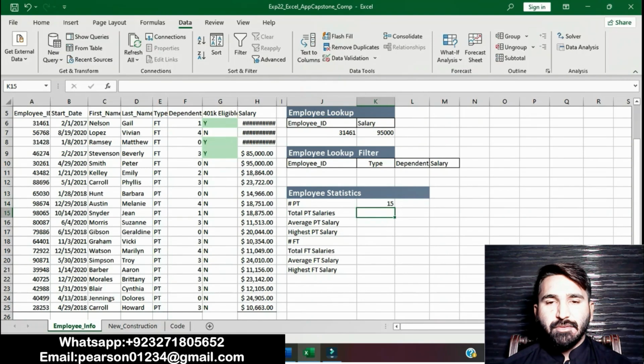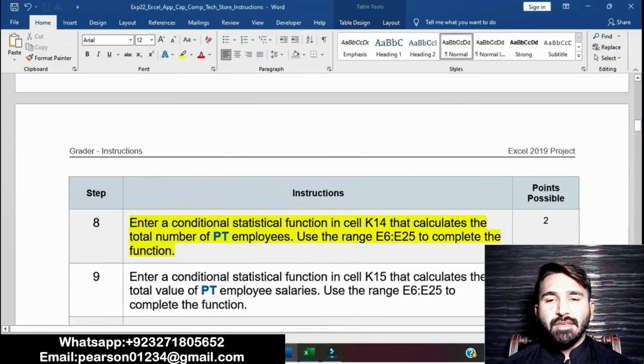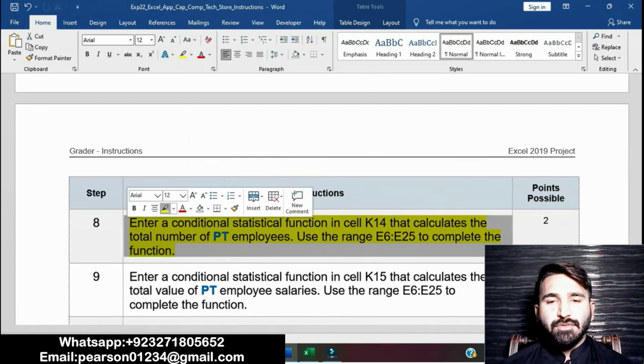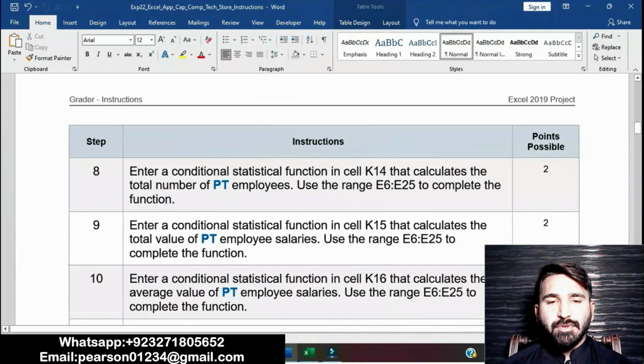Then enter the range E6 to E25, then PT, then press enter. You can see your value. Use the range E6 to E25 to complete the function. Okay, I have done this step. Now moving on to step number 9.